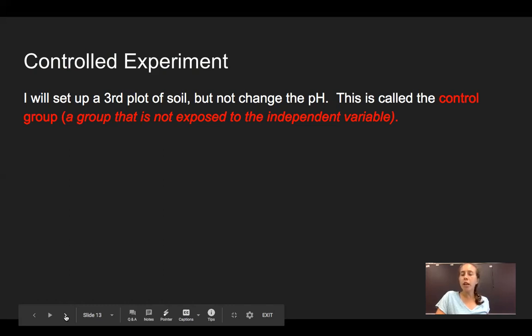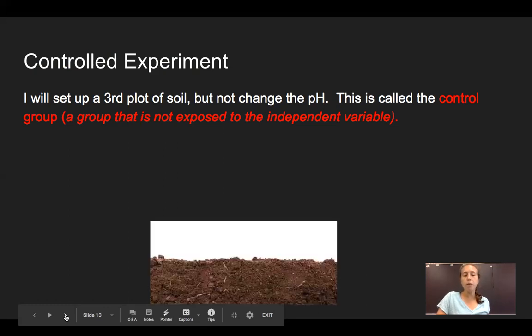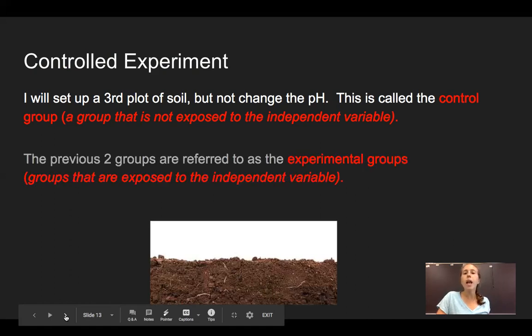And this will be my control group, a group that is not exposed to the factor I am manipulating. Okay. So here's my third plot of land. I have not added any sulfur. I have not added any bicarbonate. And it is my control group,